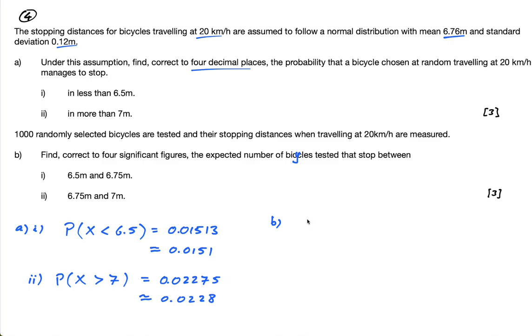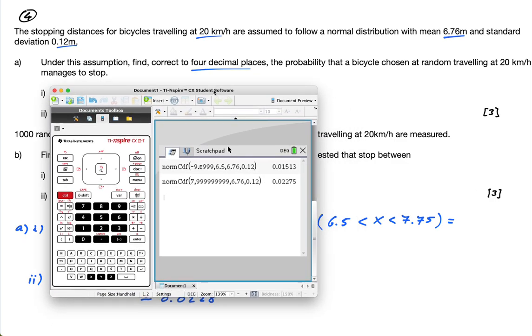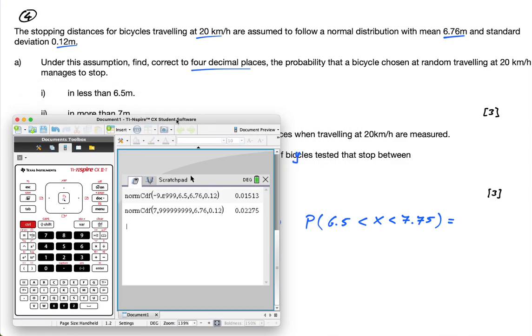Okay, so first I need to find the probability that x is between 6.5 and 7.75. This probability is